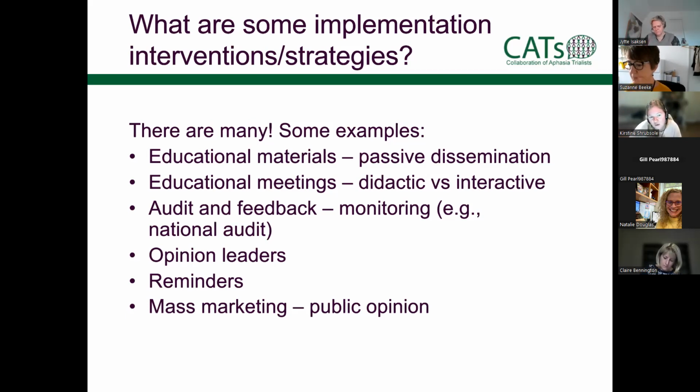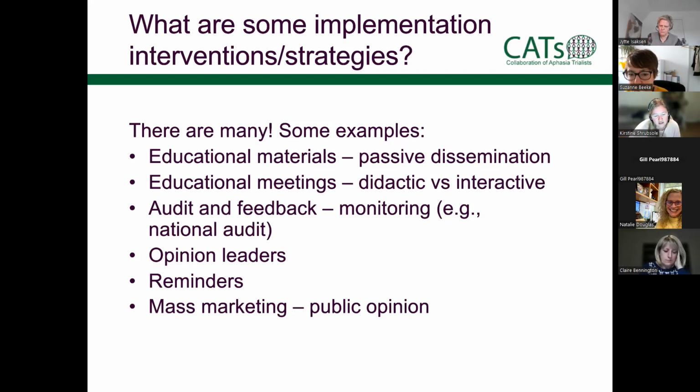So again, audit and feedback can be really helpful, but if you don't have the feedback bit right, it probably won't work. So just auditing and not giving people results, or they don't look at the results, or how are you giving that feedback? So there's lots of different things, and there's been, I think, systematic reviews on every single one of these things. So again, I won't go into this in a lot of detail, but there's implementation strategies are probably things you've done and heard of. So I guess just looking at what you're doing and why, and trying to think about how that actually links to those barriers is a really important step.